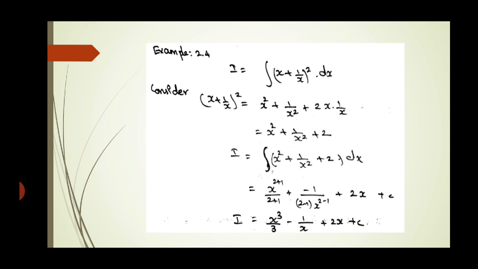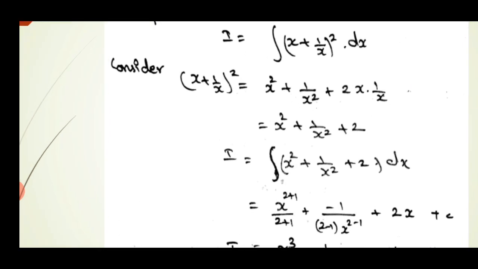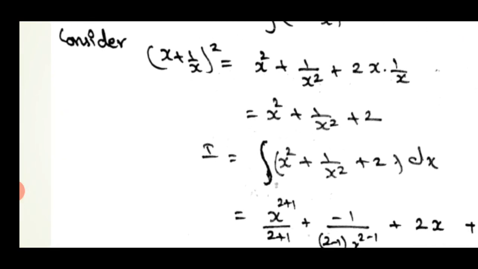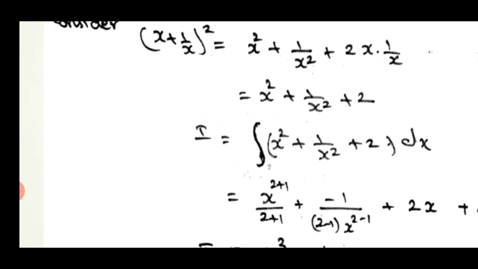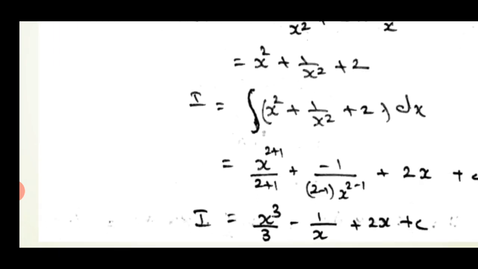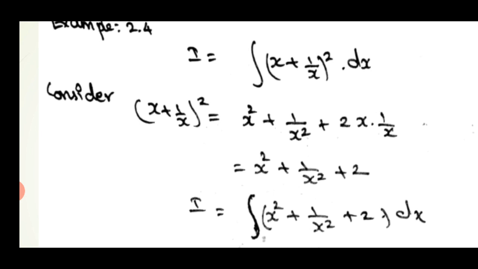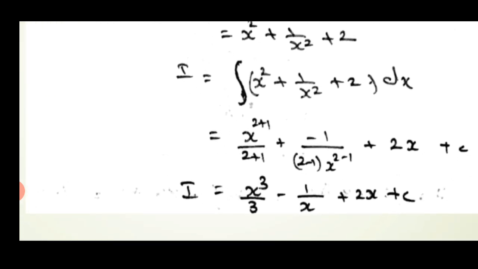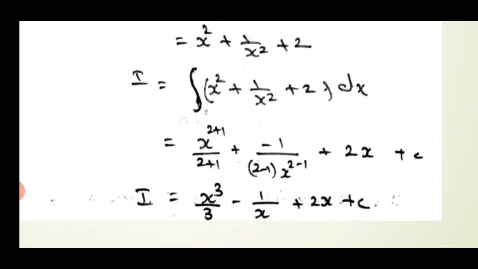So in the a place we have x, in the b place we have 1 by x. So x square plus 1 by x square plus 2 into x into 1 by x, as per the a plus b the whole square formula, that is a square plus b square plus 2ab. So when you expand, you get x square plus 1 by x square plus 2 into x into 1 by x. Here this x and 1 by x will get cancelled and we get only 2. So we get x square plus 1 by x square plus 2 as the expanded answer. Now take this and use it in the integral. So I equals the integral of x square plus 1 by x square plus 2 into dx.